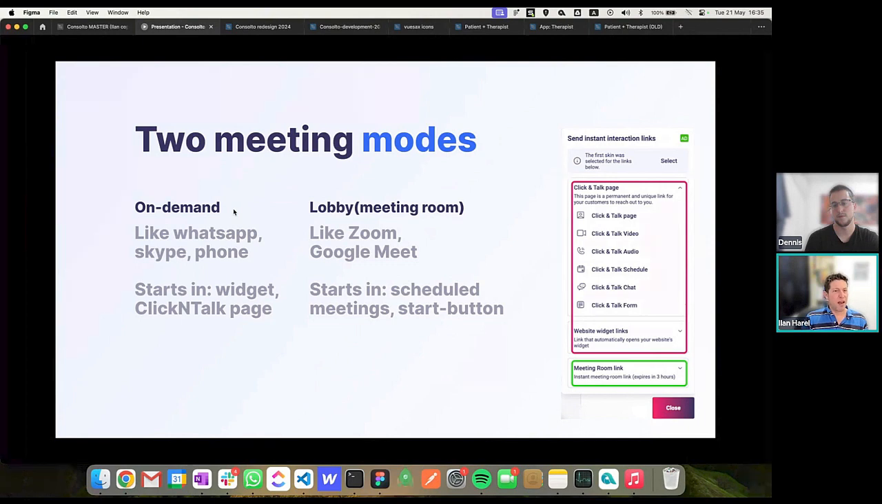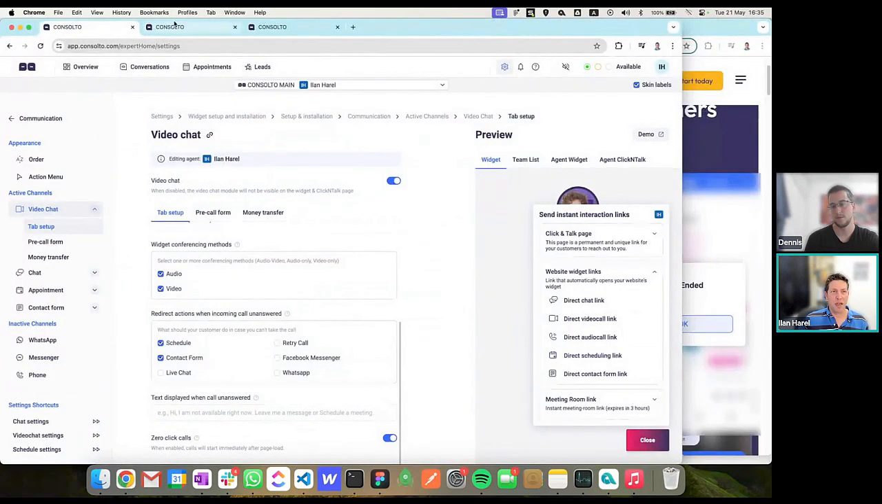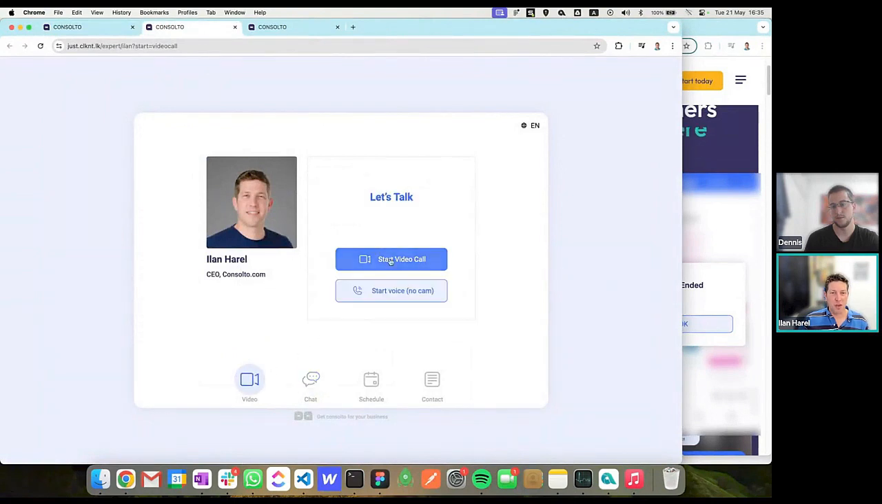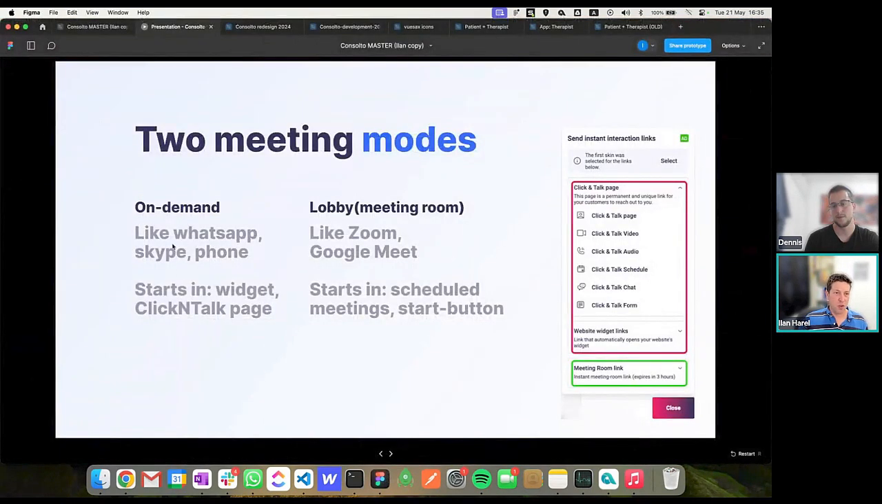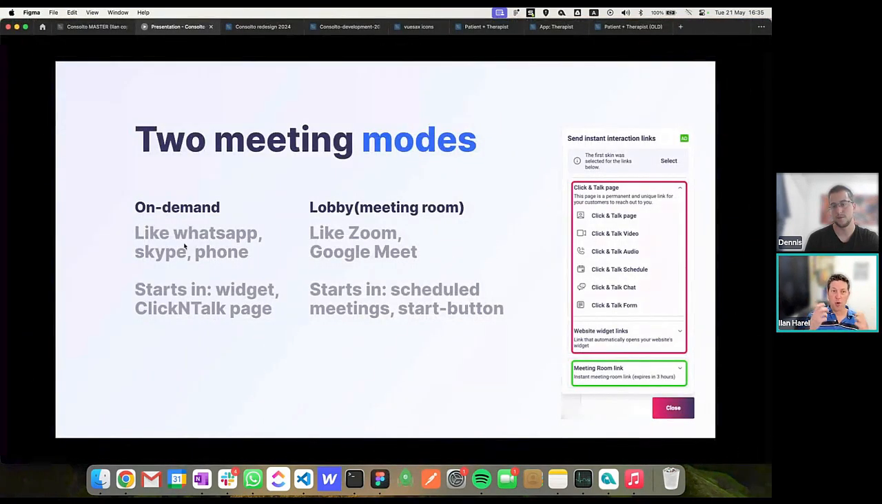You have that as the widget and the click and talk pages. Okay, it will look like these call buttons over here. Your customers will need to click this to start a call with you. But unlike those buttons, which on your end you will receive a ringing, a buzz that you will need to respond to the call. Unlike those, there's another type of meetings that evolved in the internet or in the world,